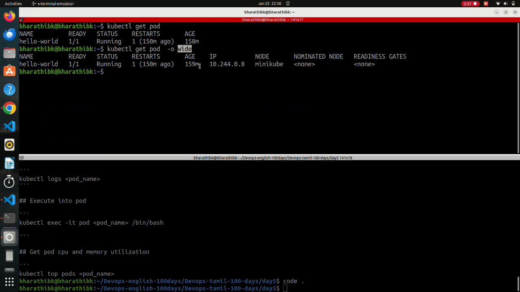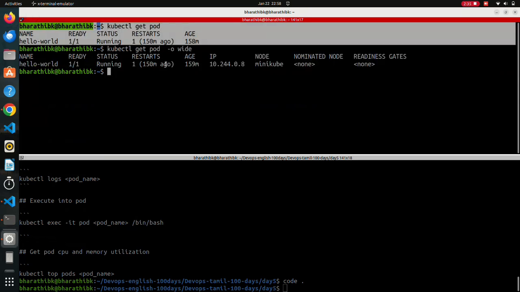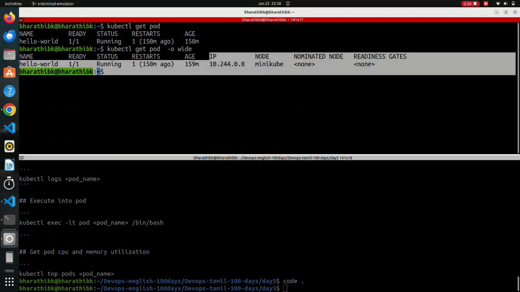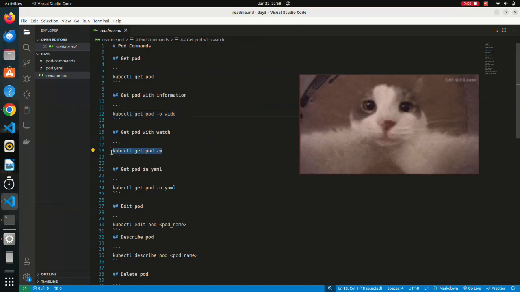Here you see what is the difference between this one and this one. Here I can get extra information. That is why we are using it to get pod with more information. If you want to know more information about your pod, you can use this command. Okay, now move to another command. Let me copy this